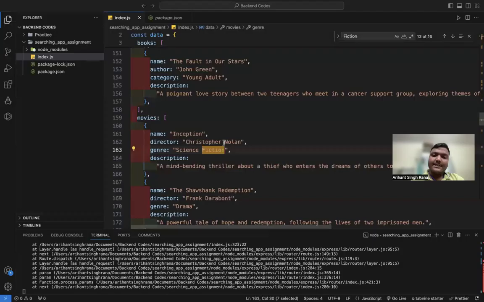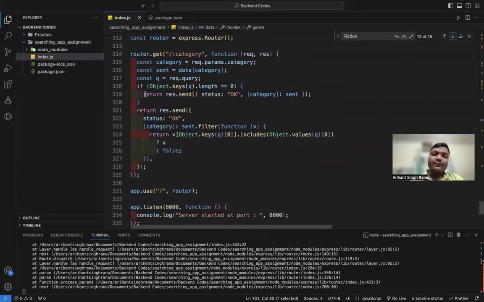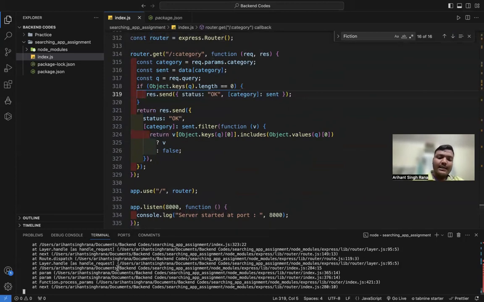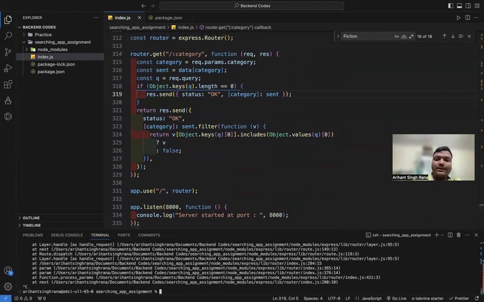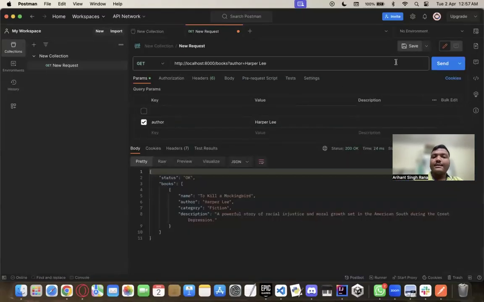Now coming to the experiment that I told you, why we are using return over here. So let's remove our return from over here. Now to see any changes being applied, we need to restart our server. So we use Control C to end our server. Then we again start our server using node index.js. Now if I click send over here,